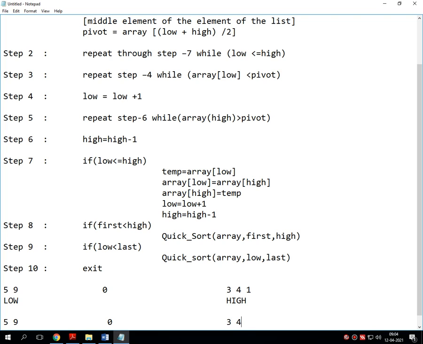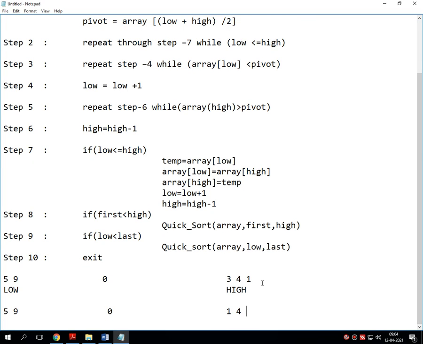In the comparison of 3 and 4, 3 is lowest and 4 is highest. Then again it compares with 1. At that particular time 3 is replaced with 1 and 1 is replaced with 3. Then 4 and 3 are compared. At that comparison 4 is replaced with 3 and 3 is replaced with 4.